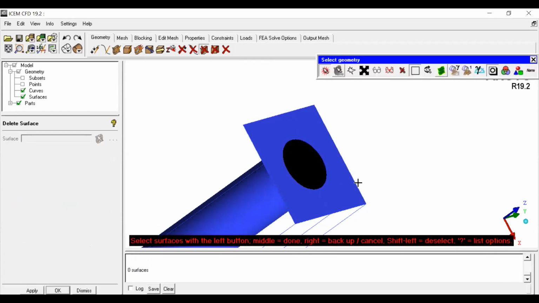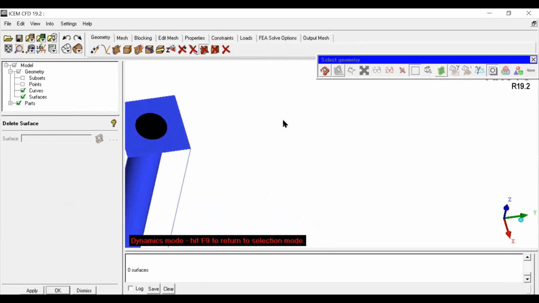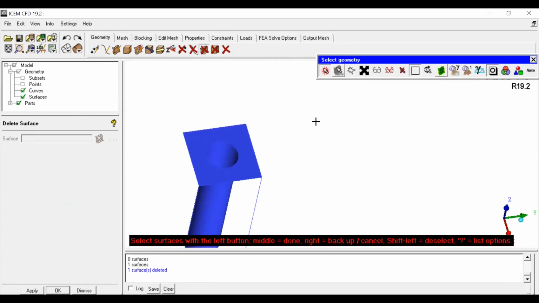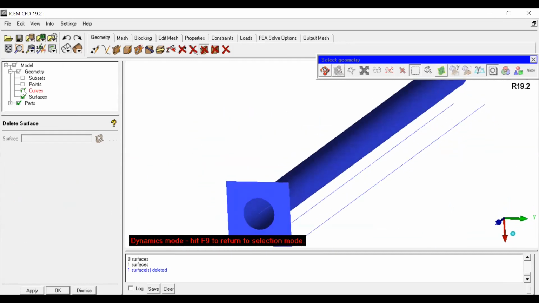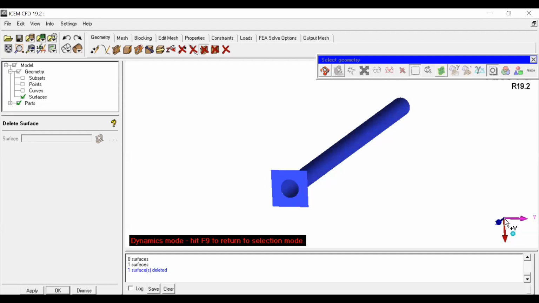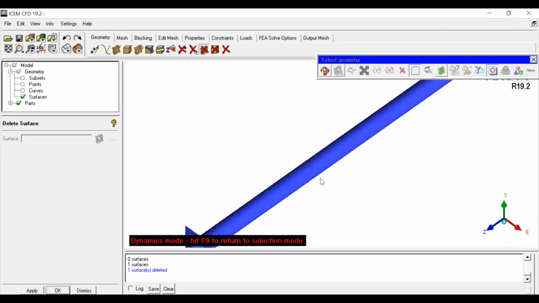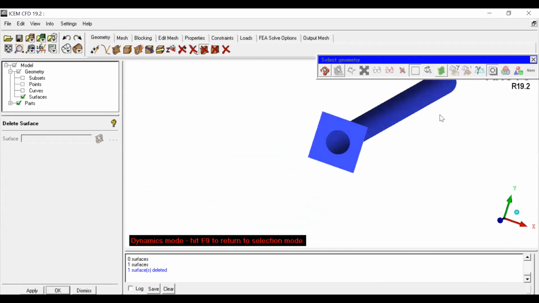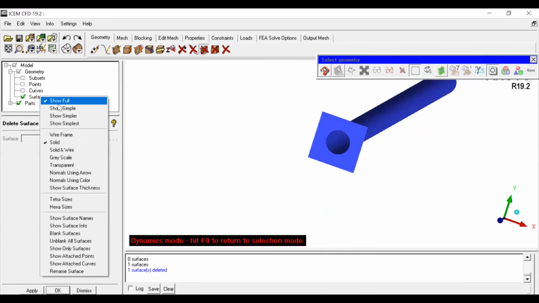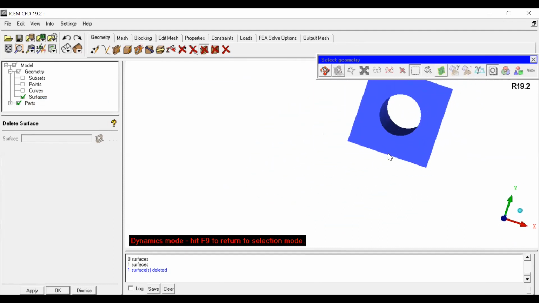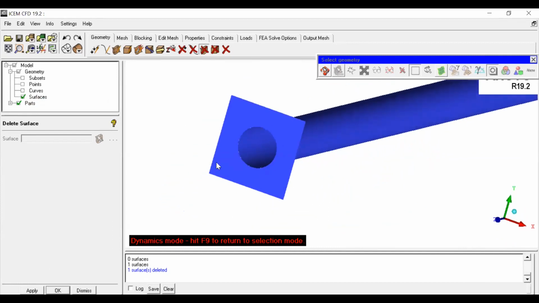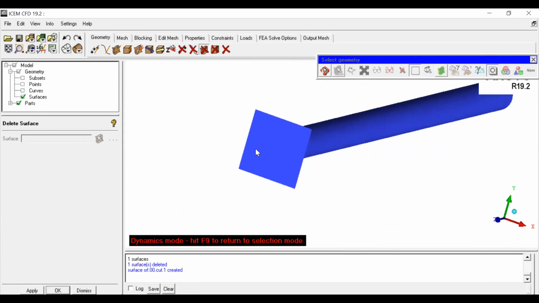And you can visualize that. If you just delete the surface, you can visualize the circle is like that. You will get the view. Yes. You go to surfaces and show full. You can see a circular rod is created. But anyway, it is inlet, right? So there must be a circle. So if you undo it and